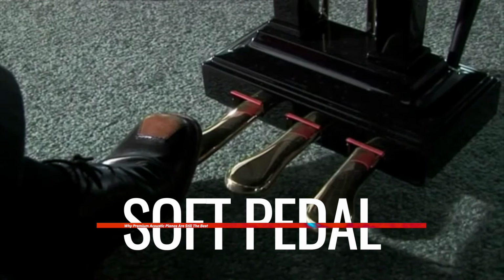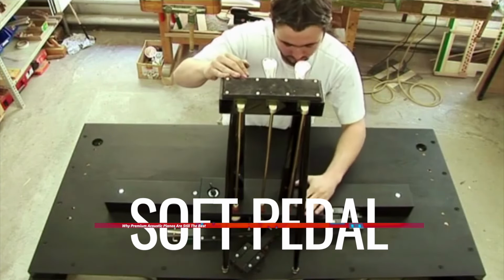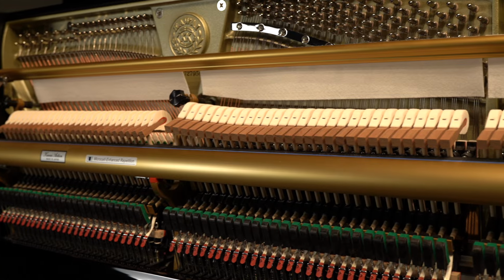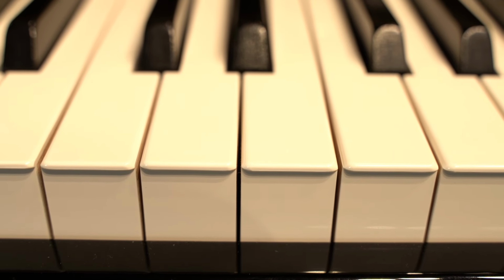The next one is something that almost never gets talked about by either side on this argument, but it's absolutely the truth, and it's the soft pedal. Digital pianos seldom, if ever, actually mimic the behavior of the soft pedal properly. Not only do most piano companies not bother to put the same level of sampling or reproduction into the tone when it becomes affected by the left pedal, but that left pedal doesn't change the feel of the keys itself. And of course, we know particularly in upright pianos, it has a huge effect on how the keys actually behave